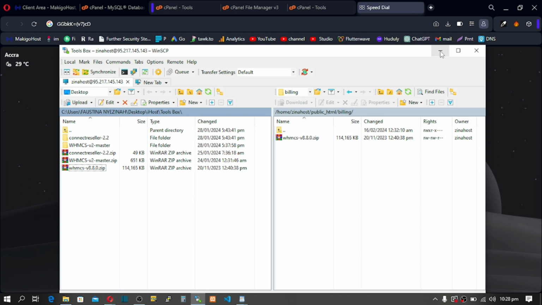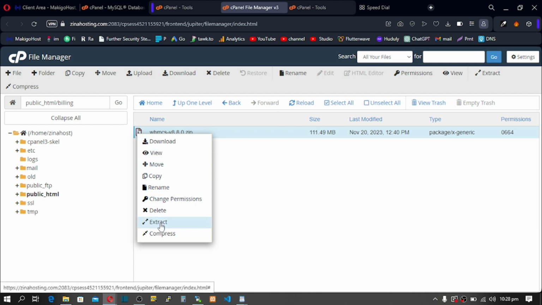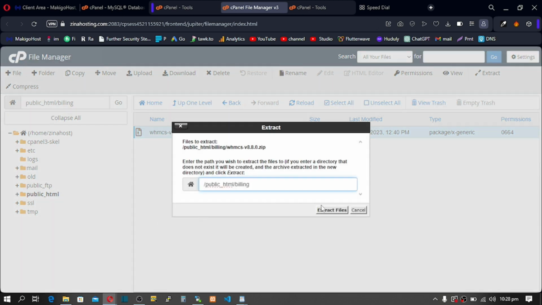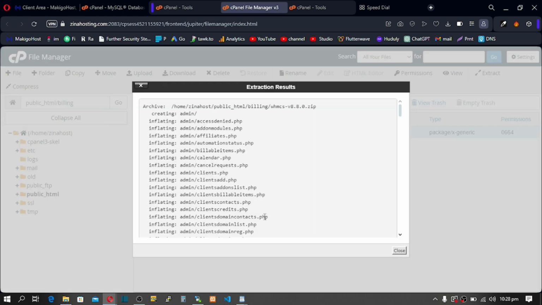So now let's go back to our cPanel. Go to public_html/billing, and this is your software. Please right click on it and click on extract. Click on extract again and wait, and our software will be extracted successfully. Successfully extracted. Close it,